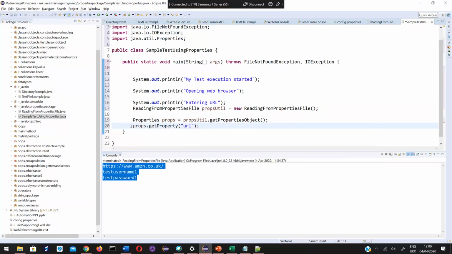And I'll store that into a string, web URL equal to. Then open the URL in Selenium, web URL.